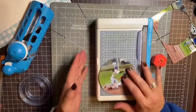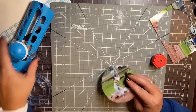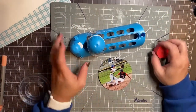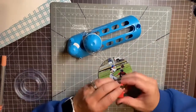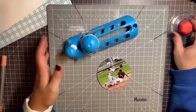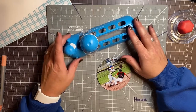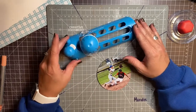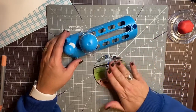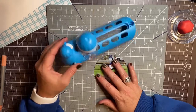But then we also have our new circle maker. And let's be honest, I am petrified to use this with my pictures. I'm hoping that I get better at it as time goes on, and I will use it. But it is so much better for paper. I would not waste my time doing this video if I didn't think everybody needed one of these for paper. Like I said, I'm a little nervous still to use it with my pictures, but for paper,